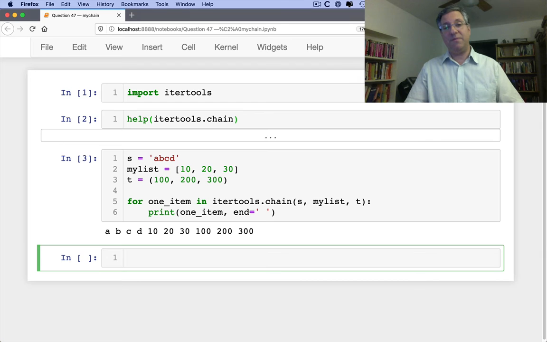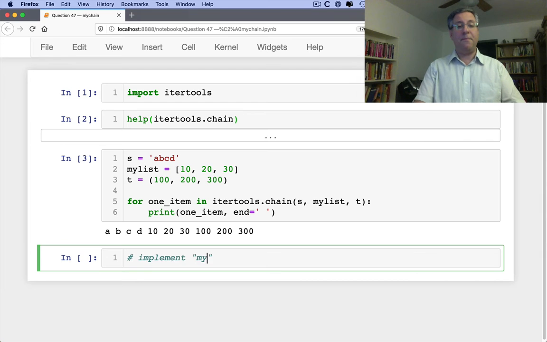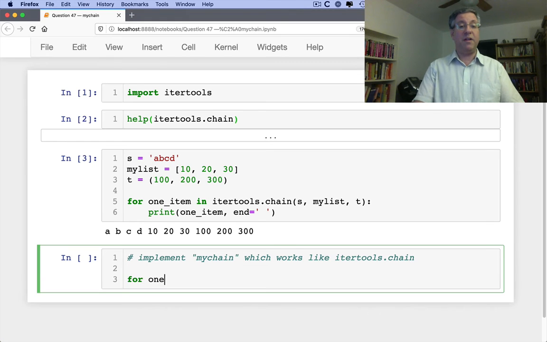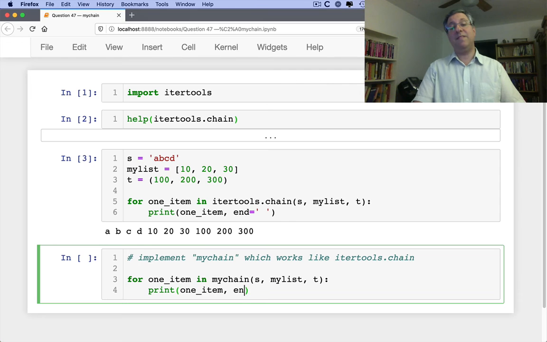So for this question, what I want you to do is implement mychain, which works like itertools.chain. Meaning we should be able to say, for one_item in mychain of s, my_list, and t, and then say print one_item, end equals space. And then that should work exactly the same way as itertools.chain. So how are we going to do this? Well, there are always a few different ways, but the best way here, I think, is going to be to